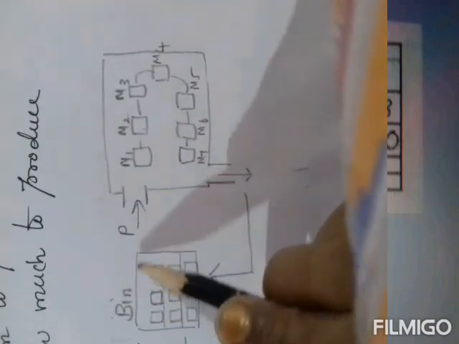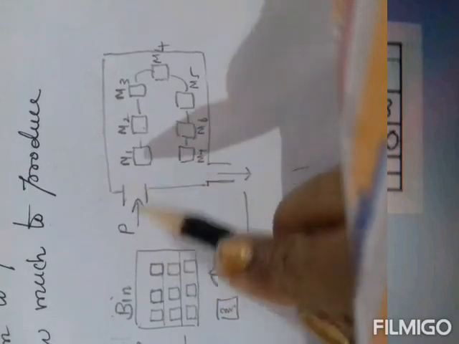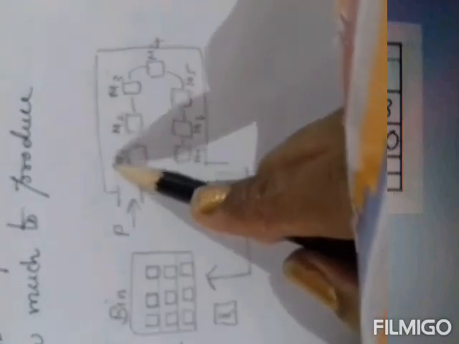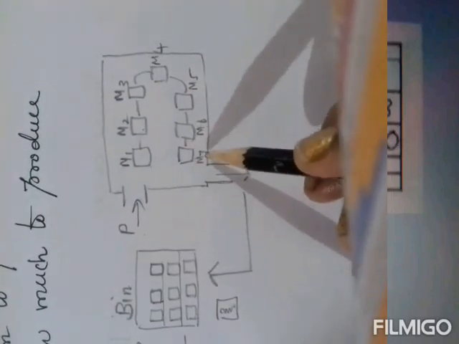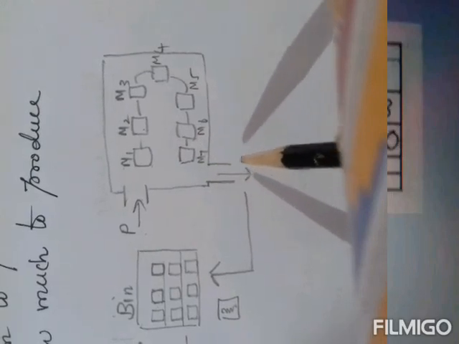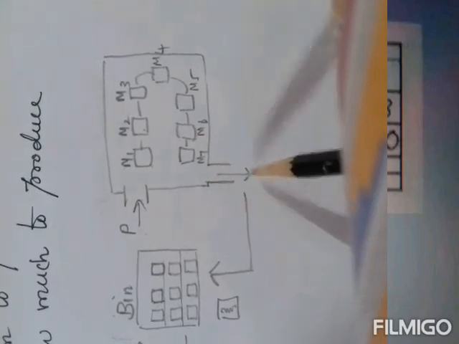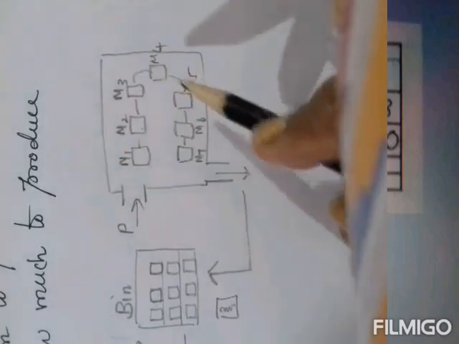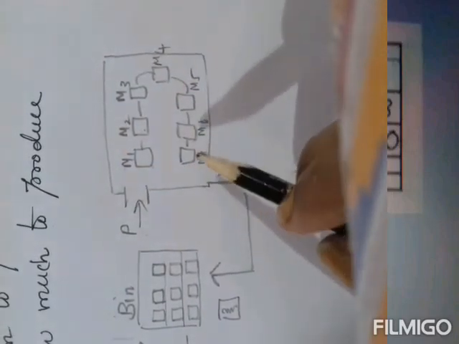From the bin, the raw material, the parts, are going here. That is a P. The parts are going here and some process is going on, and then it moves to the next machine. Then it goes on to the next machine and so on. It will come to machine 7 and go to output. So the finished product will come out this side. Once the process is over, this manufacturing plant is left free, no?